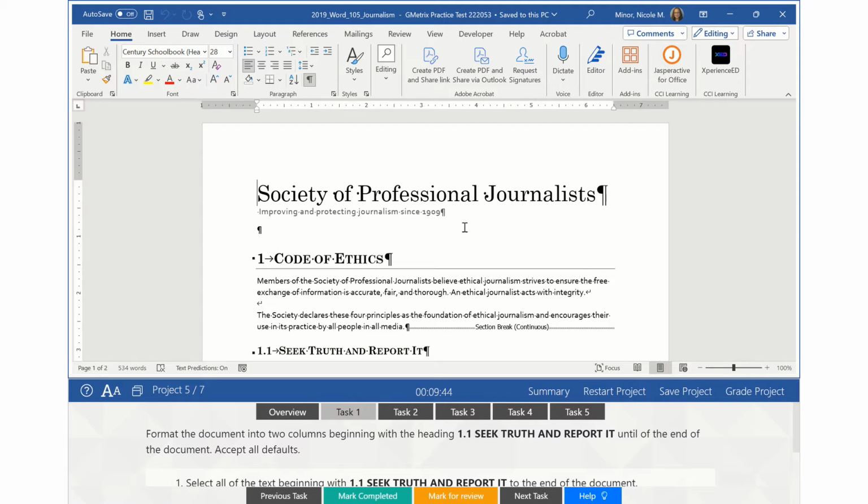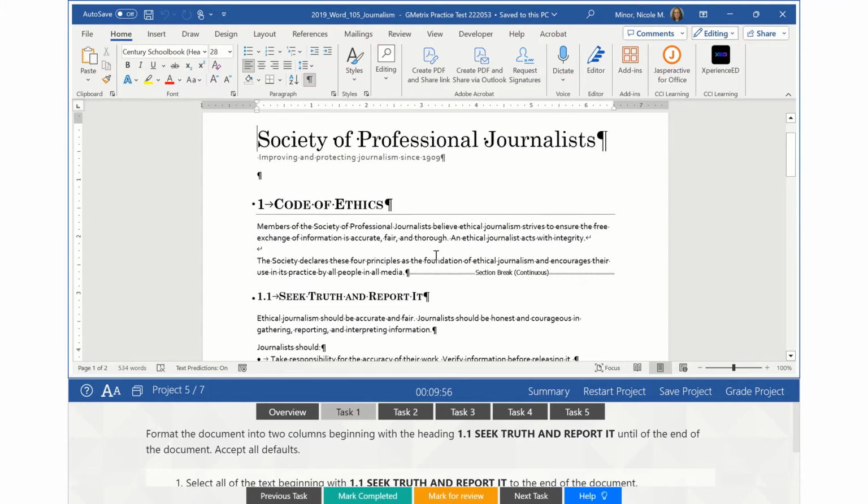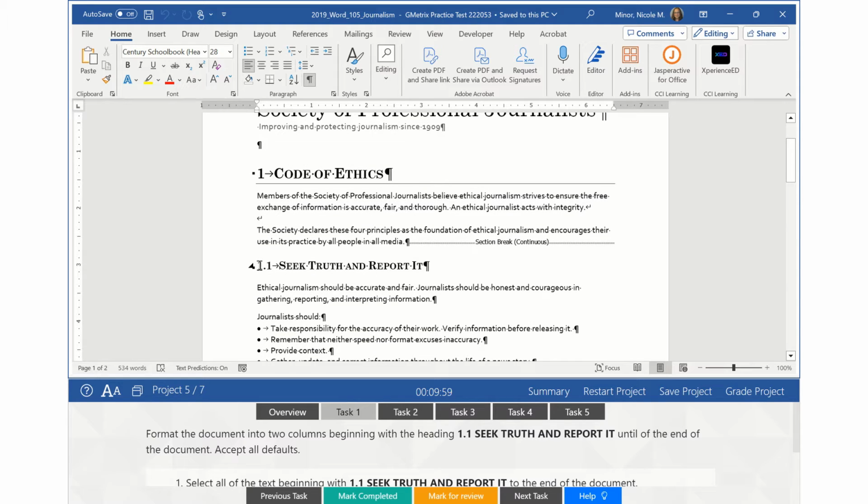anything. But the first step in formatting this document into 2 columns is to select what we're going to format into 2 columns. We're going to begin with the heading 1.1 Seek Truth and Report It, which is right here. So that means I'm leaving the top of this document the same, and I'm selecting from 1.1. Oh, look what happened when I tried to select it. It started to move this line, it's going to move it in. If I do this, drag and let go right now, it's not going to give me the desired effect I